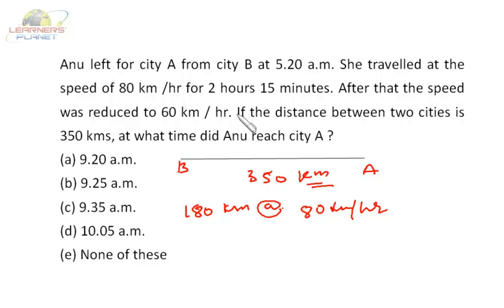Now, what is the remaining distance from 350? If we deduct 180, the remaining distance is 160. I'm sorry, 170. So 170 kilometer at the rate of 60 kilometer per hour. Now we have to find out the time. So it is 170 by 60 hours,